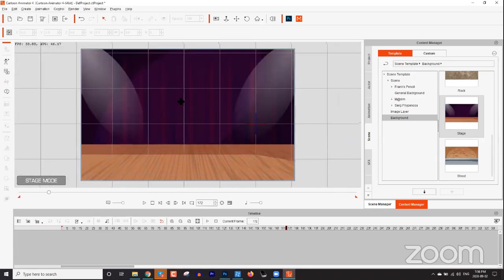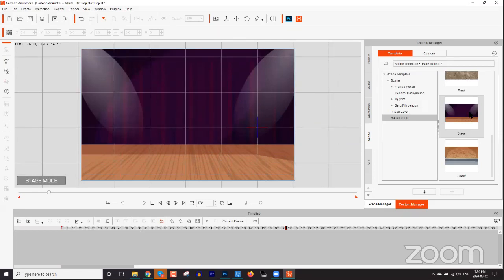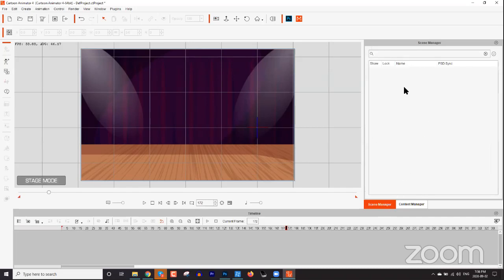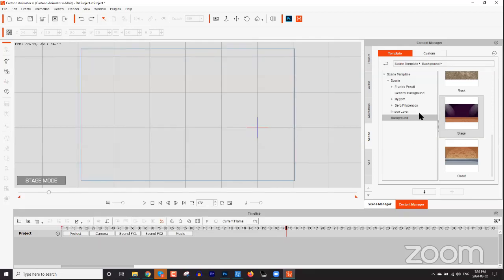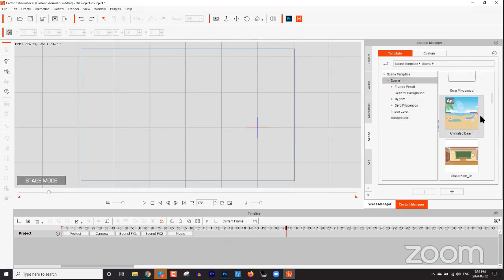I don't recommend really using the background at all. I've never really used it in most of my productions. So it's kind of useless, to be honest. You go to the scene manager, it doesn't show up in the scene manager. It just shows up as a background. I'm not even sure if it shows up in project. No, it just stays there, which is basically useless. So I never use backgrounds myself. Just use a scene,